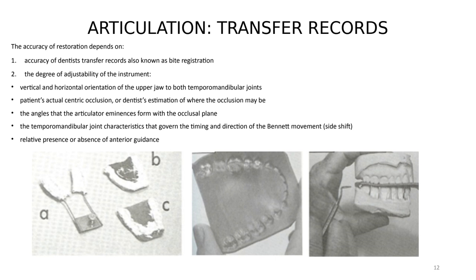So transfer records. Transfer records means to establish a bite registration. So how the upper arch is related to the lower arch, how the patient bites down. The accuracy of the restoration depends on the accuracy of the dentist's transfer record, also known as a bite